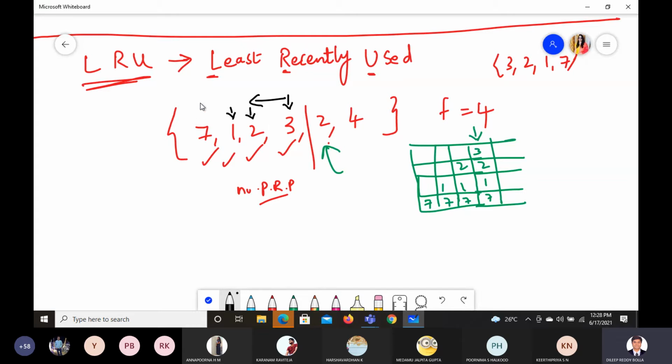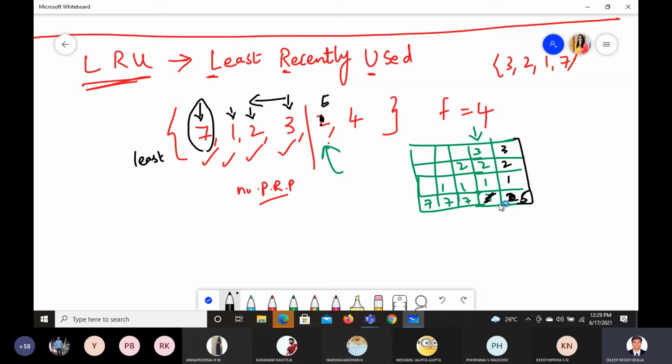Now the least recent out of these is 7. So you should replace this 7 by the new page. Then 2 is already available, so no need to replace. Sorry, my mistake, I'll make it 5. So it becomes 5, 1, 2.